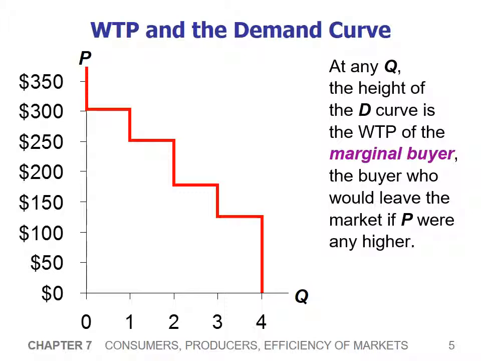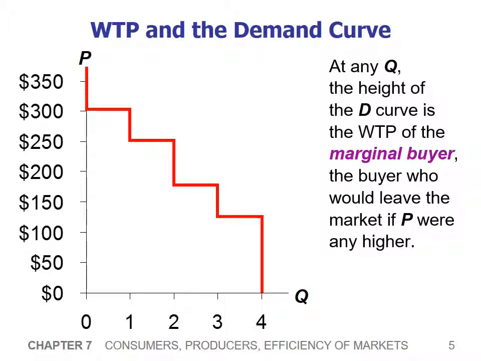So let's look at it a bit closely. There's an idea called the marginal buyer. The marginal buyer is that at any given market price, the last person buying that good is the marginal buyer. For instance, if the price is $275,